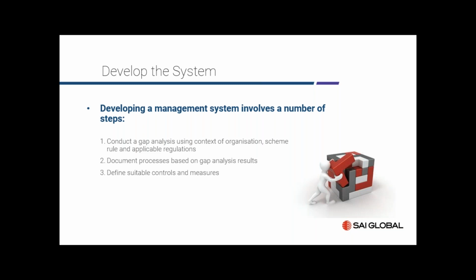So where your business, due to risk or complexity, or legislation requires documented processes, now's the time to document them. Not necessarily write them, as you could use video or diagrammatic flowcharts or even templates as documentation, just as long as it's an auditable record and it shows evidence that you understand the processes. And three, define suitable controls. Where controls and the need for measures are identified, they must be defined, including the specifications, levels and limits, etc.